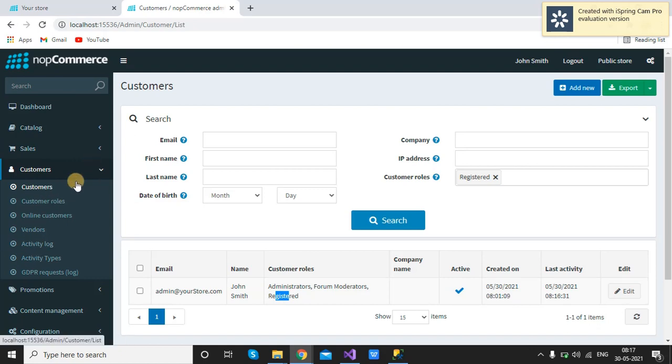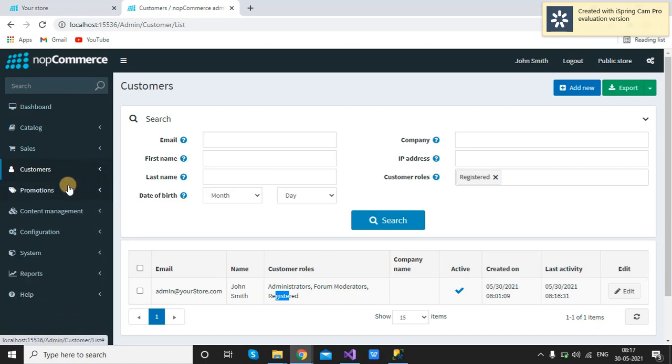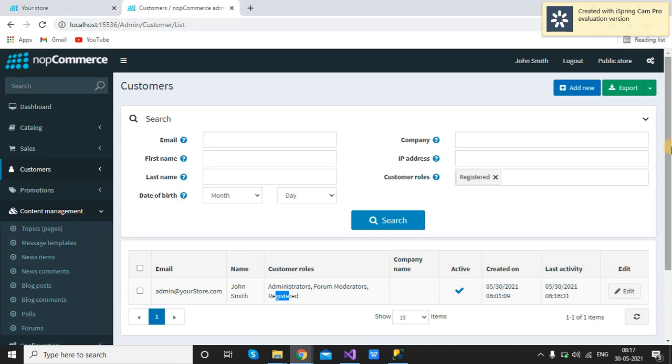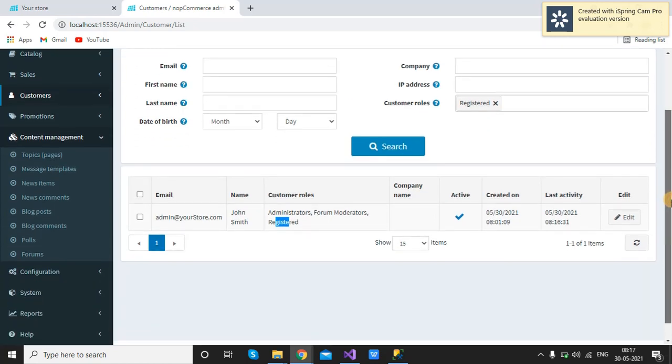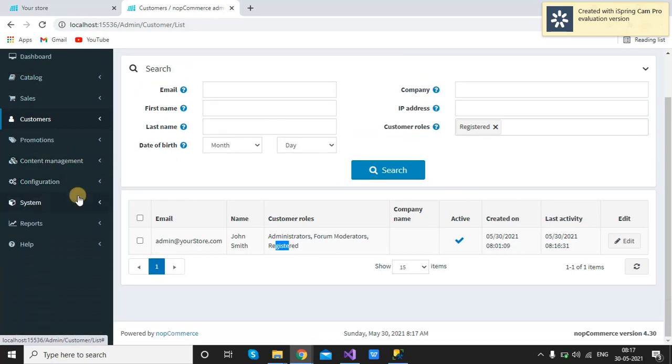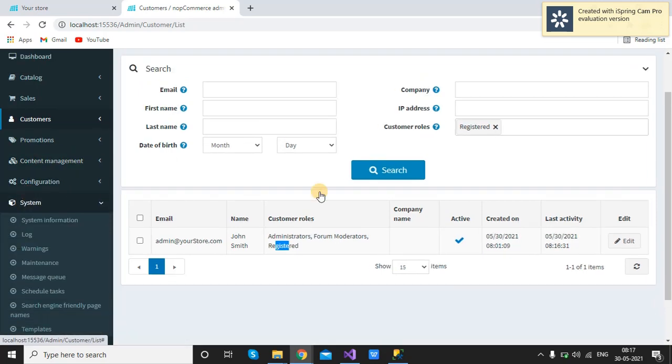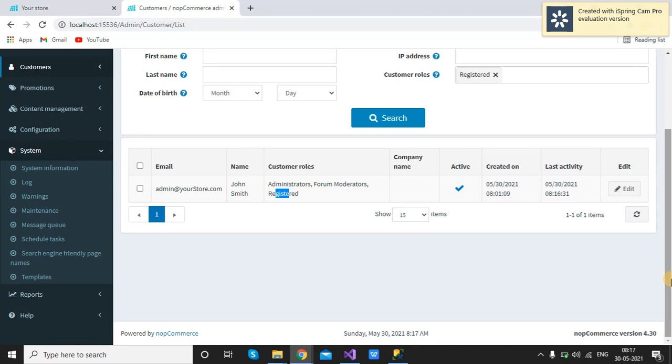You can check the activity log, then promotion. Step by step, we will cover all the steps and all the existing functionality of NopCommerce. So right now this much we have explained, and we saw how we can set up the store and how we can configure the database and all.